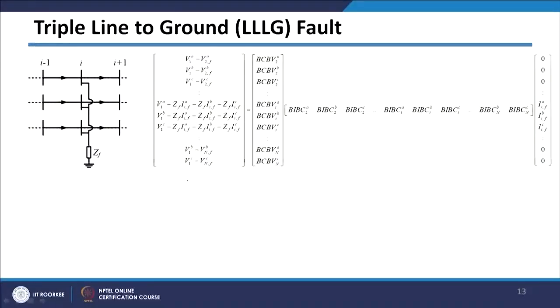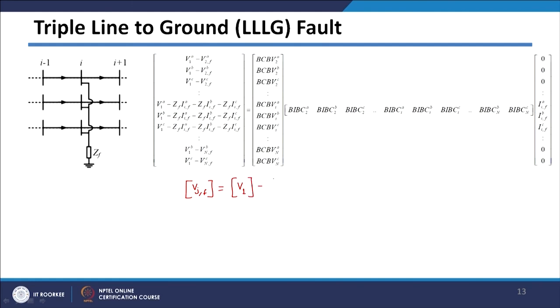The calculation of post fault voltages will be exactly similar to what we have considered in case of single line to ground fault as well as double line to ground fault. In this case also you can use the same equation which you have used. So here we have this equation, I am directly writing it. So Vj, we have seen that it will be equal to V1 minus